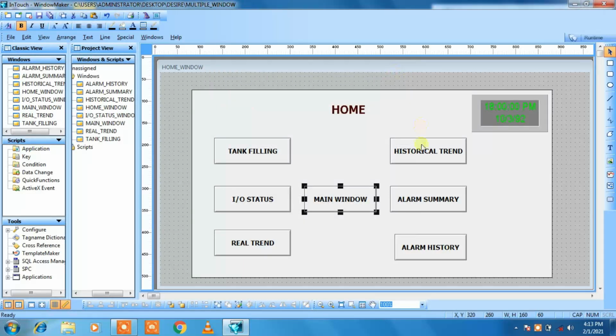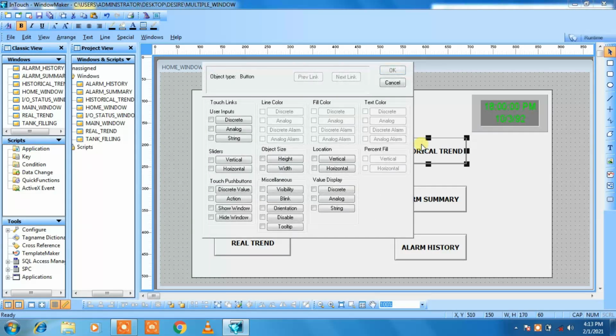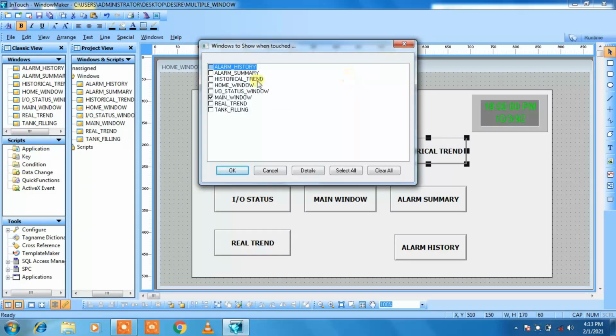click on OK, then double click on historical trend, then select show window property, click on next link, then select historical trend window.